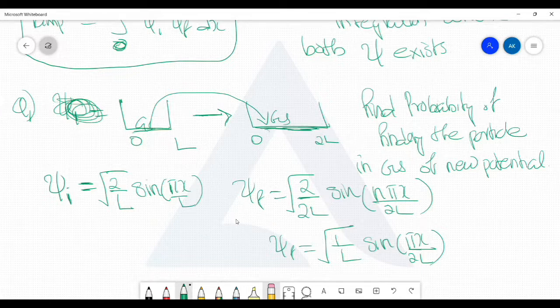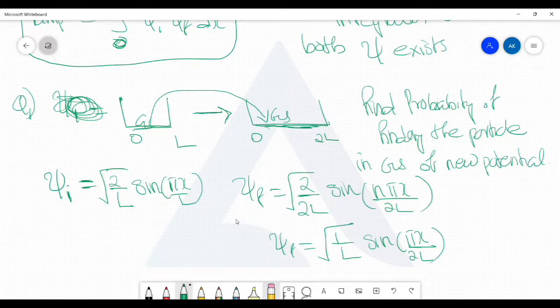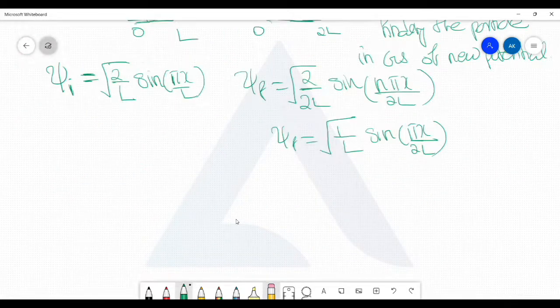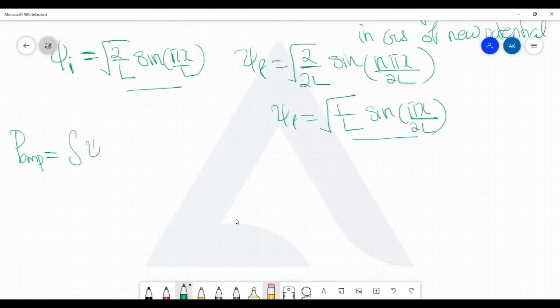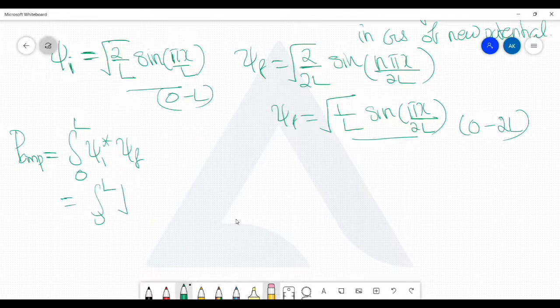Now you get your psi initial and psi final. They are different, you see. Therefore, probability amplitude equal to integral psi initial star psi final. What is the limit? This extends from 0 to L, here 0 to 2L. You should take from 0 to L, because in that limit both wave functions exist. Therefore, 0 to L root 2 by L sine pi x by L into 1 by root L sine pi